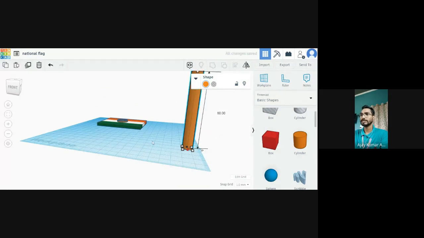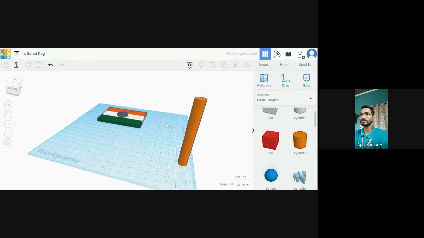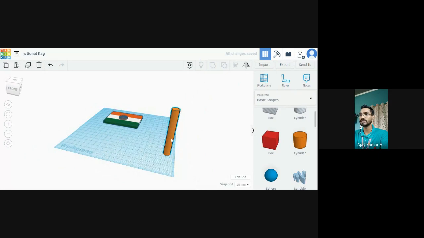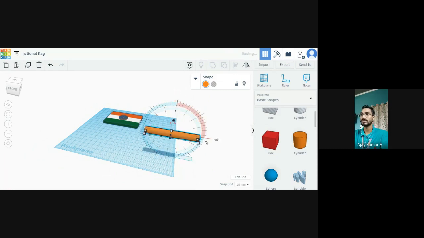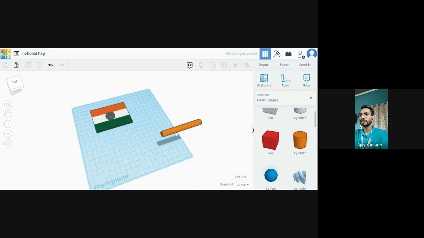That will be 8 centimeter. Okay, so that it is 80 mm and it will be 8 centimeter. So again I am just going to choose a 90 degree. फिर से मुझे flat चाहिए on the work plane. So it will be on the work plane and just simply I am going to select it.